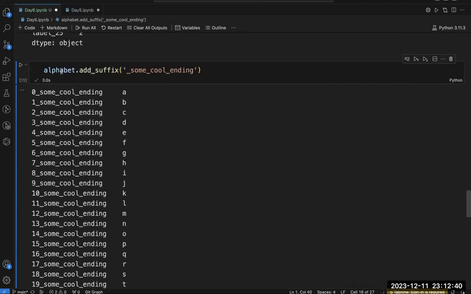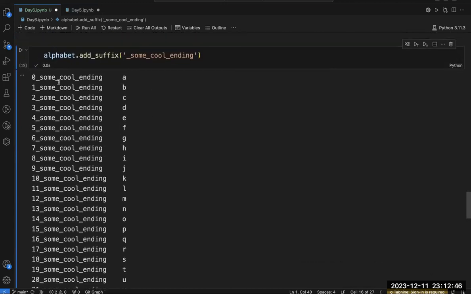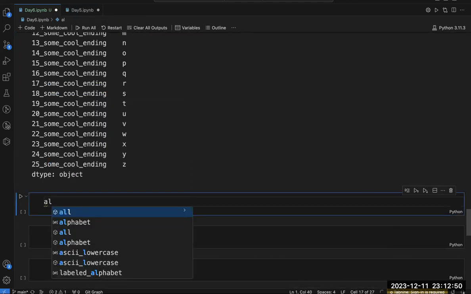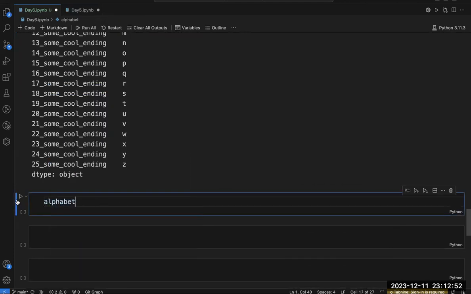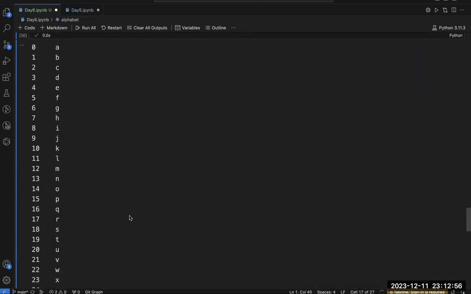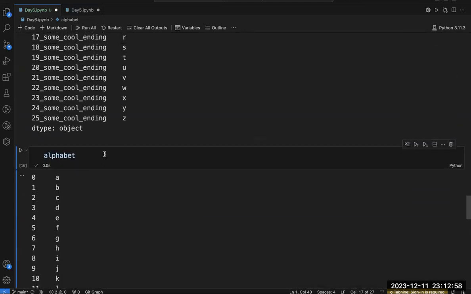Whatever you are adding here with this dot operator, add suffix, it is displaying here. But let's check alphabet. Can you see there are no changes in my series?